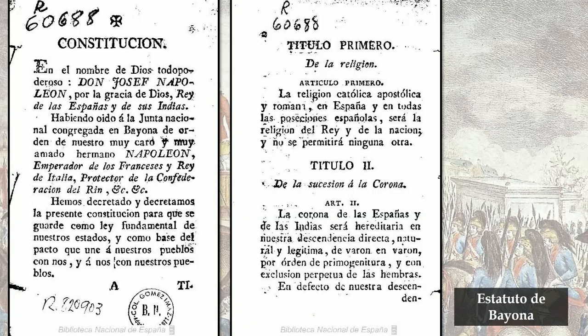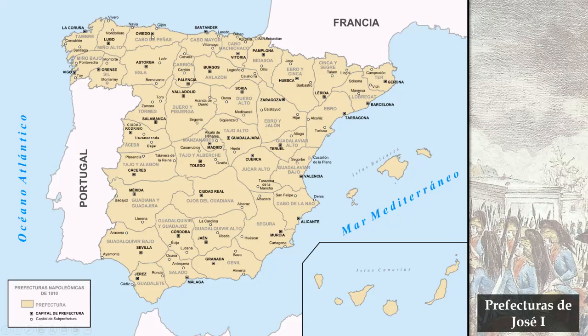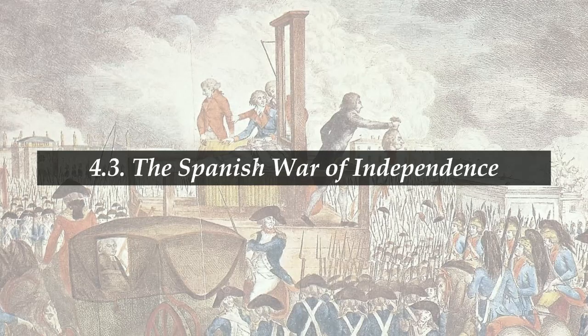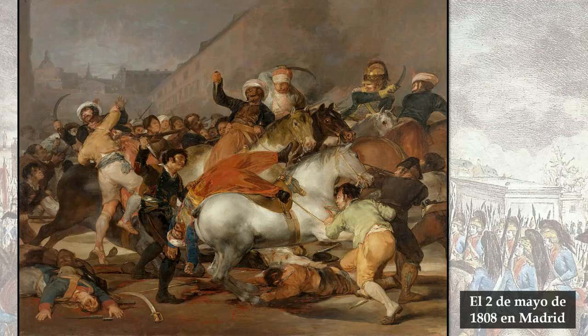And after this, for example, there is a new territorial division, which is very rational, by the way. And also, the people who supported José were called afrancesados. The people who supported Fernando were called fernandinos or patriotas. And finally, the Spanish War of Independence is going to come up after the